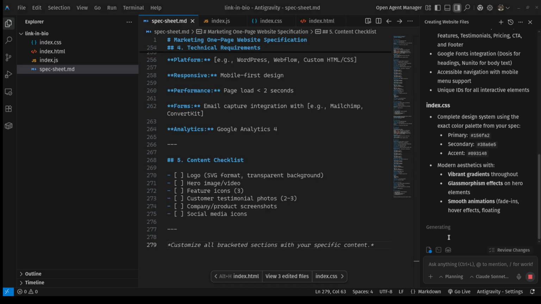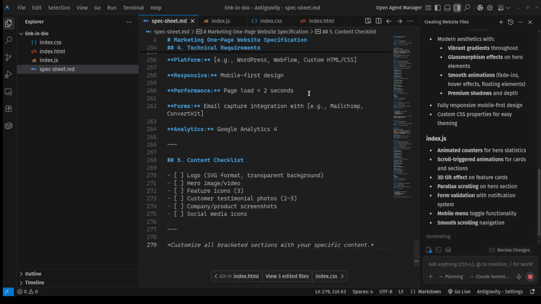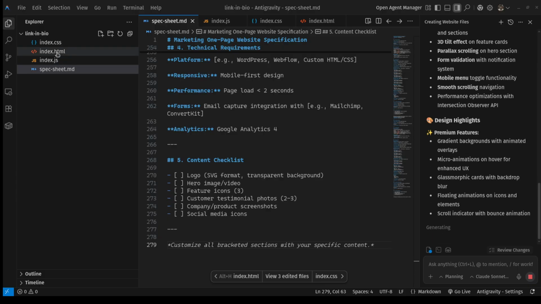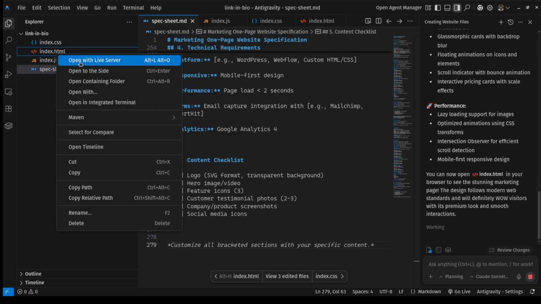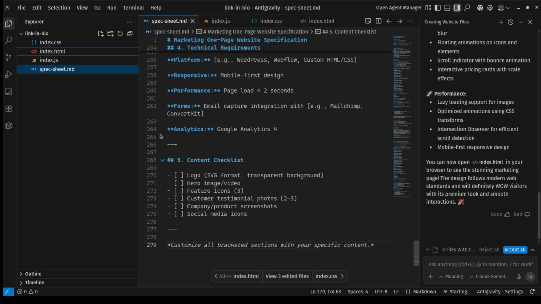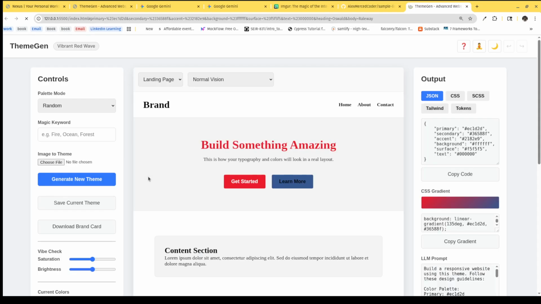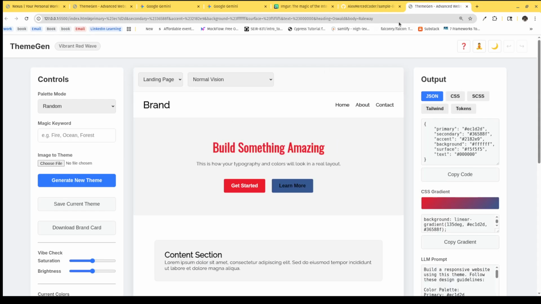Okay, so now it's generated the files. Now it's just giving me a summary of what it did. I'll let it do that. But I can now quickly use this live server extension to take a look at the website without having to push to GitHub or anything. And no,